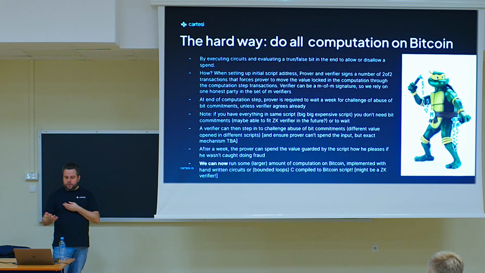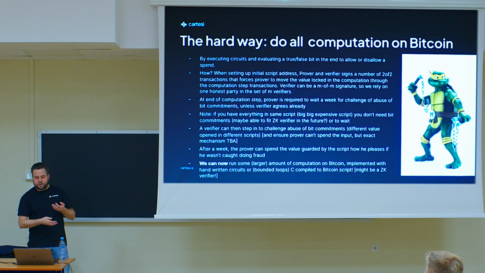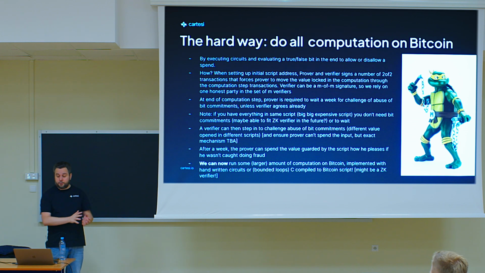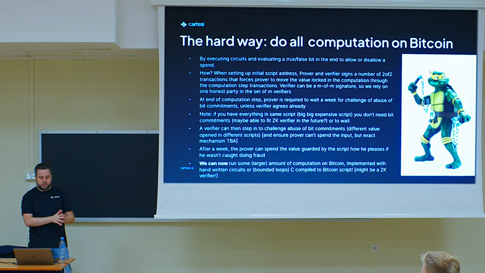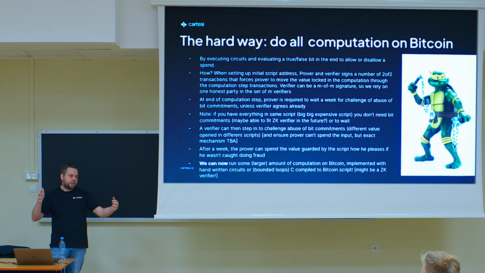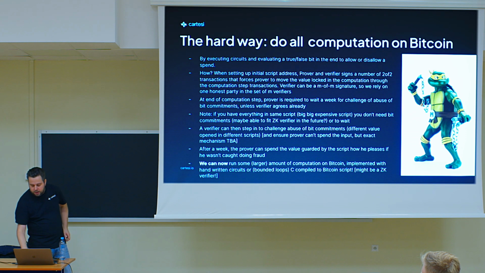Yeah, so I talked about how you can step in to challenge abuse of bit commitments and ensure that the prover can't spend the value that's sitting in there. And then after a week, the prover can do what he wants because he can spend the input. As I said, now we can run a large amount of computation on Bitcoin, express it in a nicer way than currently in Bitcoin script, and implement it with handwritten circuits or C compiled to Bitcoin script, right? It might be we can actually fit a nice little zk verifier in that. But